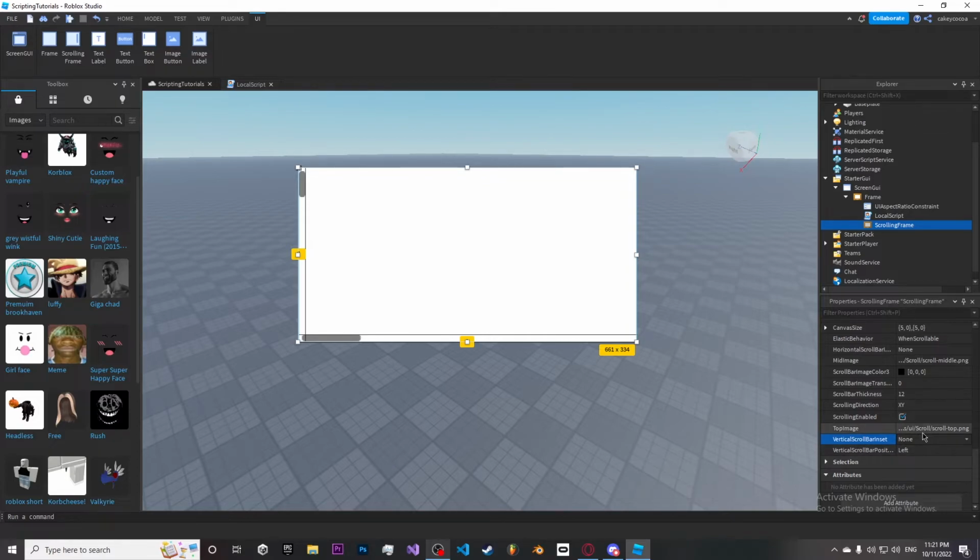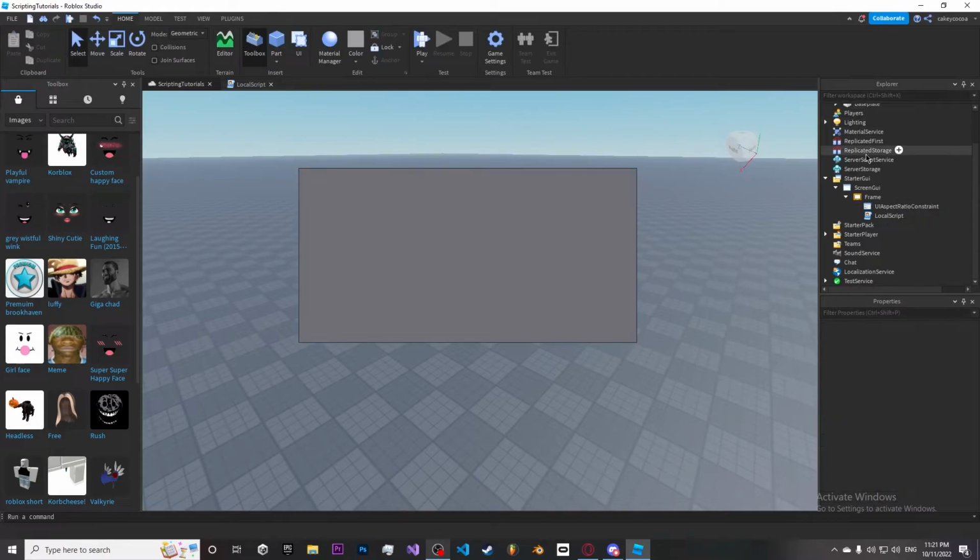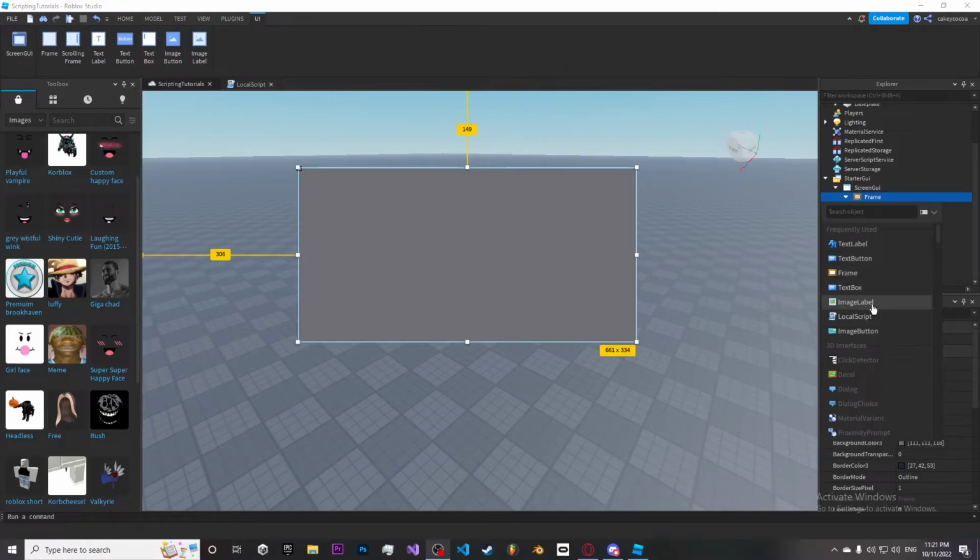No idea why. If you just get the properties right, then it should work. Scrolling direction, Y only, okay. Gotta experiment around with this. So yeah, that's pretty much everything about scrolling frames. Pretty easy to understand them. And now I'm gonna show you the